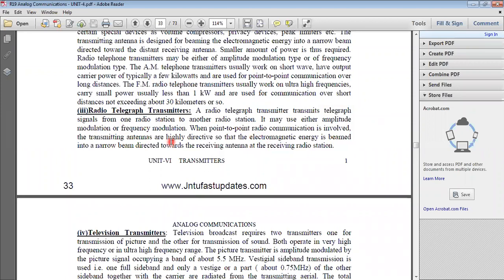Remember one point: if our requirement is for the signal to travel longer distances, then we maintain a narrow beam width, that is, the electromagnetic energy is spread in the form of a narrow beam, and automatically we have more directivity. But if we want to cover a large area and the distance is very small, then if the electromagnetic energy is spread in the form of a wide beam, it covers a large area, but it does not travel for longer distances.